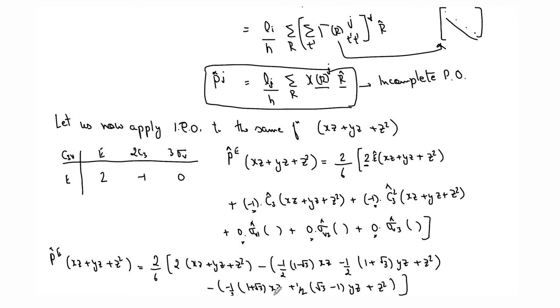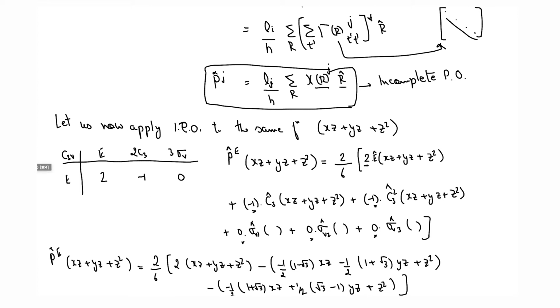So now if you solve this, what do you get? We will see that there are 2 xz over here, and we need to see what other xz are coming. You have minus half, and then you have minus root 3. So plus root 3 and minus root 3 will cancel. You will have minus half coming from here and minus half coming from here, so they will be adding up. So you will have 2xz from here and minus xz from here, so 1xz will come.